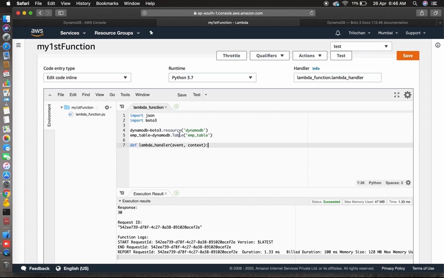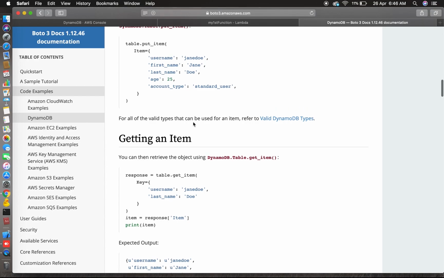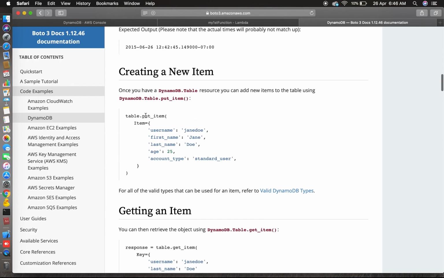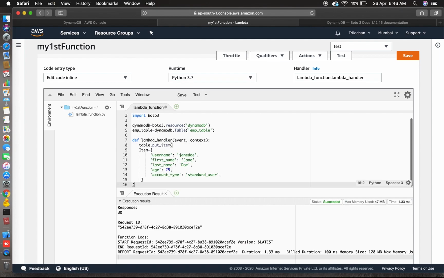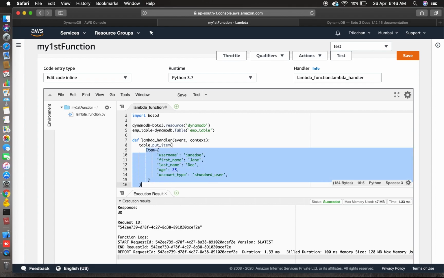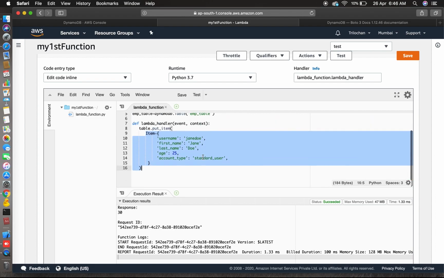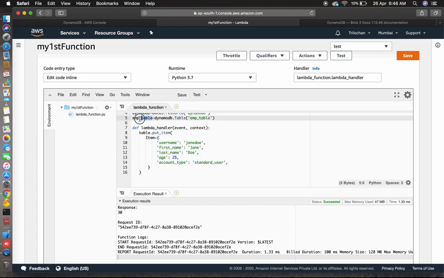We'll go to the DynamoDB Boto3 documentation. Here we can copy the code for creating a new item. So paste. Here the table is employee table, so change that and instead of table you can write employee_table.